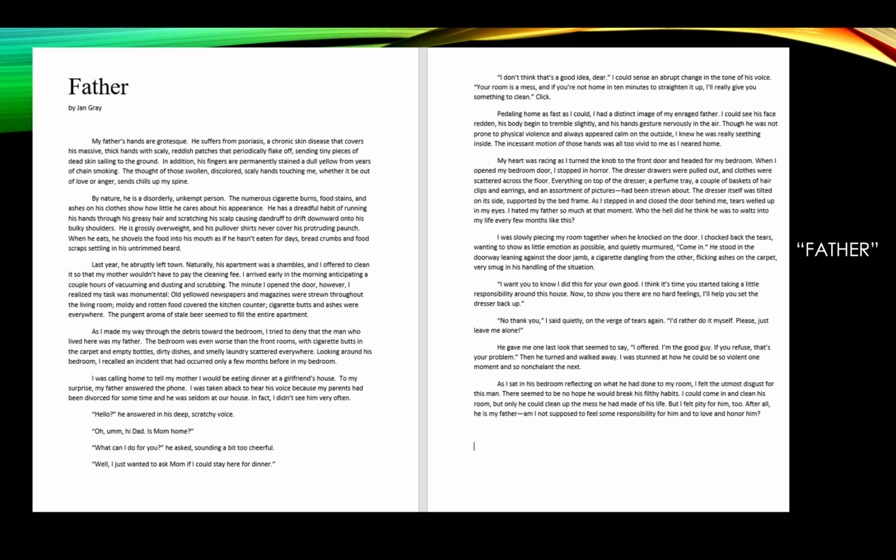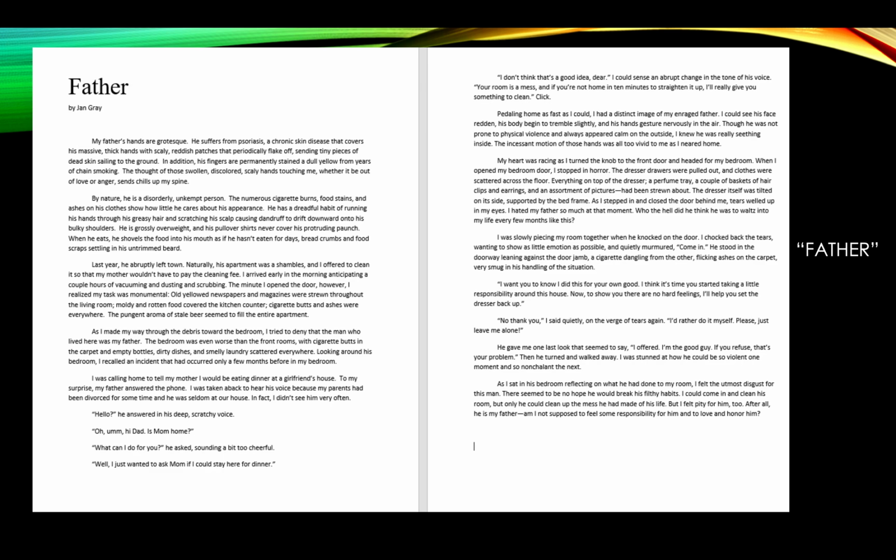So then the next paragraph goes on, and it says, by nature, he is a disorderly, unkempt person. The numerous cigarette burns, food stains, and ashes on his clothes show how little he cares about his appearance. So now we have gone from his hands, and we're zooming out a little bit, and now it's his whole body, right?